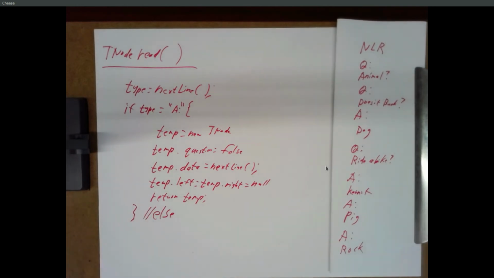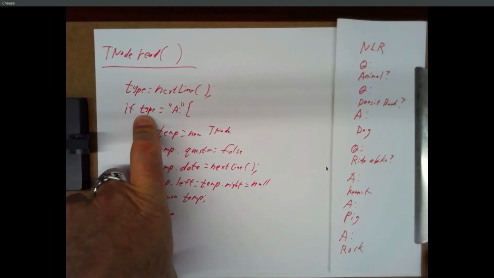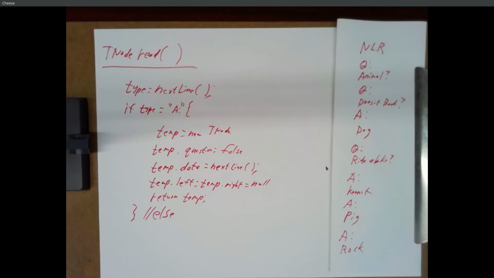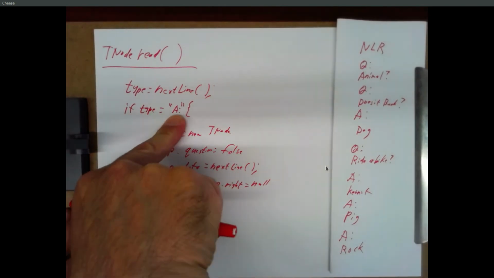Otherwise, well, you could double check type and make sure it's a Q colon, because it should be either A or Q, and if it's not, you know the file's corrupt. And it's not a bad idea, if you have the opportunity, to sanity check the file. That would tell you pretty quickly that it's not actually a valid database file. But assuming that the file type was actually Q, the line was Q instead of A,